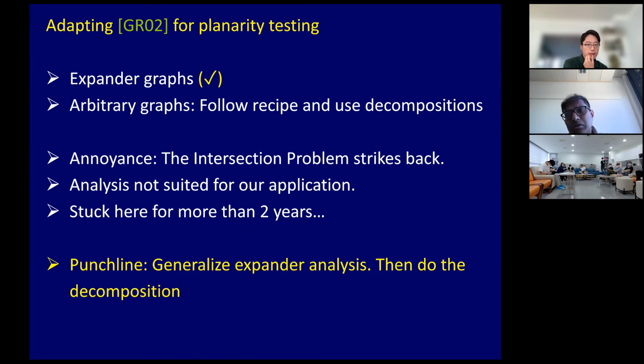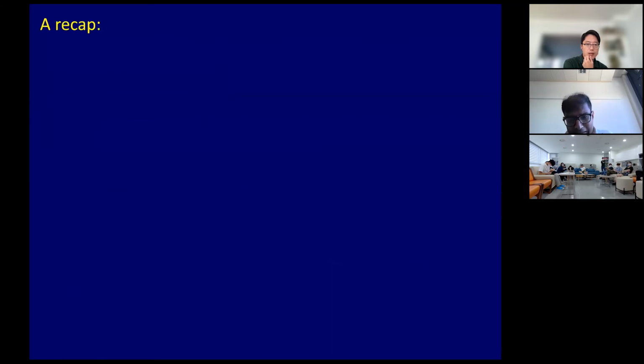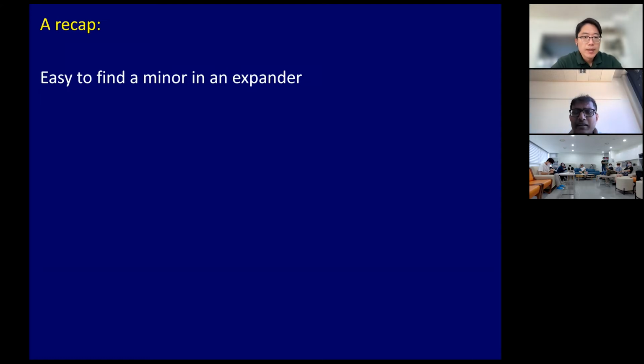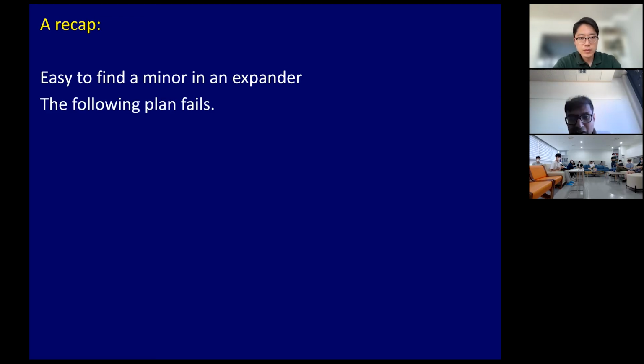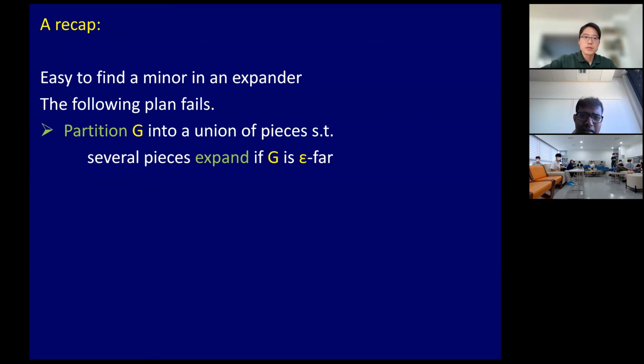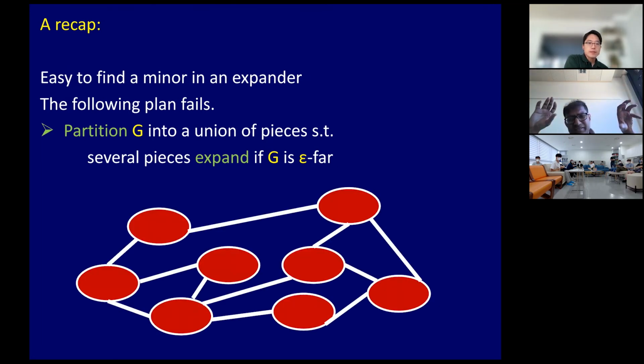Okay, so I'll tell you what the intersection problem is in more detail. Let me just do a little recap. What we discovered is that it is indeed easy to find minors hiding inside an expander graph. We were daydreaming that the following plan might work, which unfortunately does not. The plan was that if your graph is epsilon far from being planar, hopefully we could break the vertices of this graph into pieces which induce expanders, and we hoped that random walks could be used to find minors inside such graphs. But the following obstacle is what you should be worried about: the existing